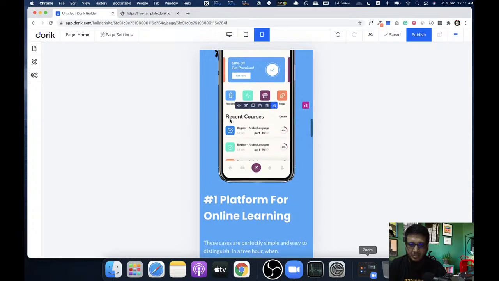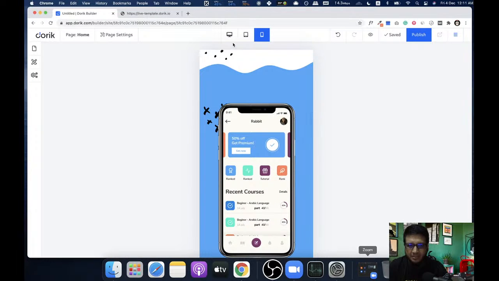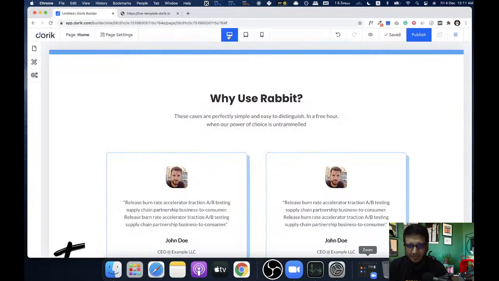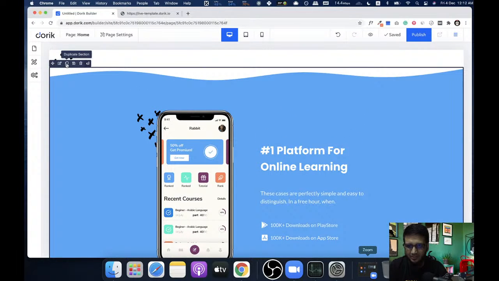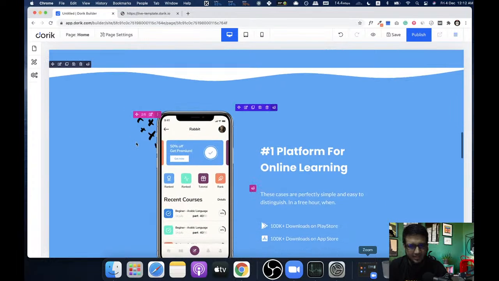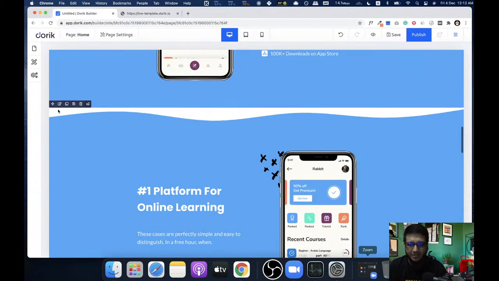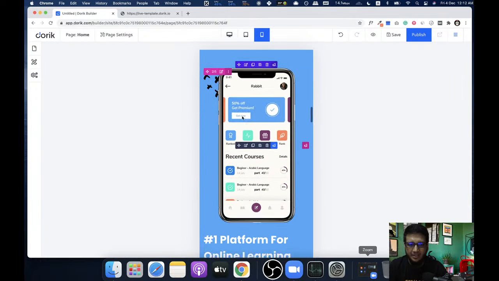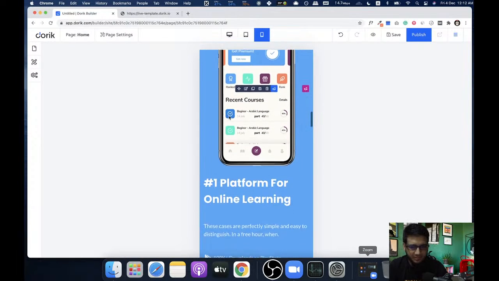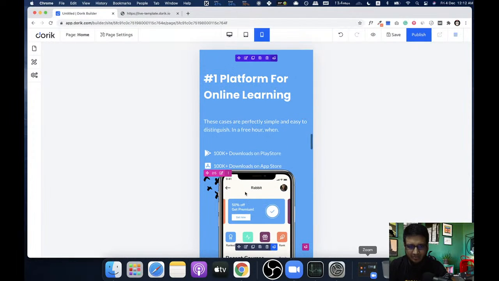Another cool responsive feature we have, I'll quickly show with this section. So I'm duplicating this section, and let's move it here. Okay, so I'm going to mobile. Right now our image is first, then text, then text again, then image. We want the image to be here, then text.